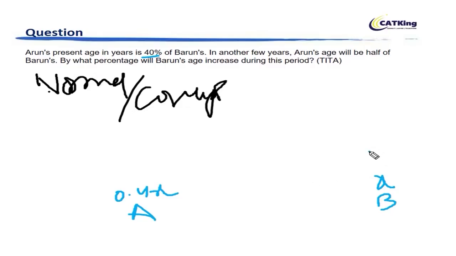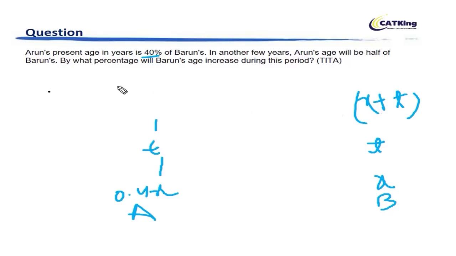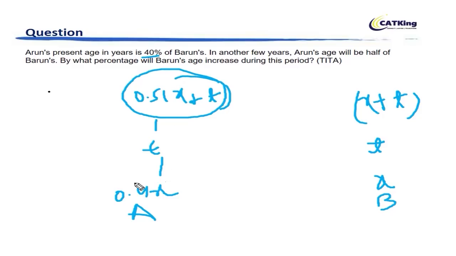So let's say after t years, Barun's age will be x plus t, right? And after the same t years, Arun's age will be half of Barun's age, right? Half of Barun's age meaning 0.5 times (x plus t), okay? Now you can see that the difference between 0.5(x plus t) and 0.4x should be the same time t. Now you just take the difference, you will realize that